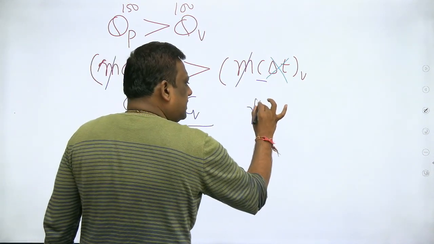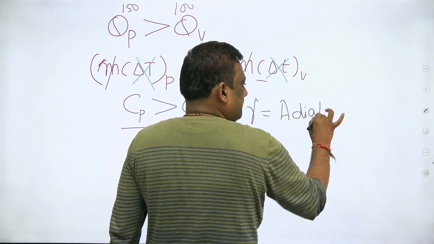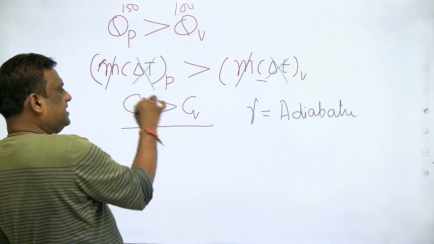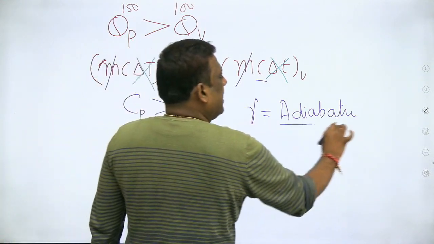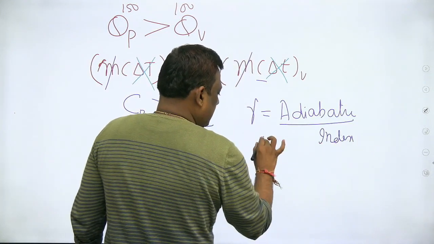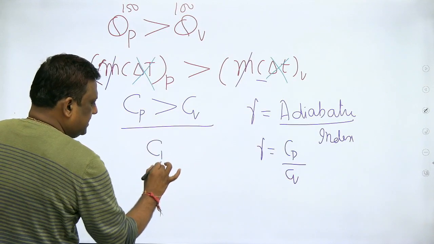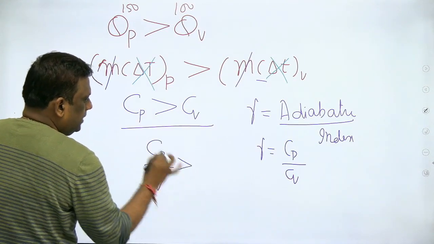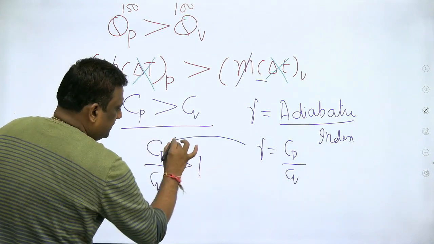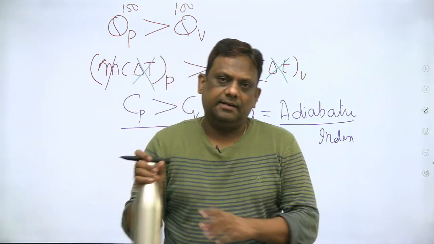There is one term defined, known as the adiabatic index. It's all related to heat transfer. Specific heats are related to heat transfer. So the adiabatic index is nothing but Cp by Cv. Now you tell me, what is Cp by Cv? In this, Cp by Cv is greater than 1. It is gamma. So gamma for a gas is always greater than 1.